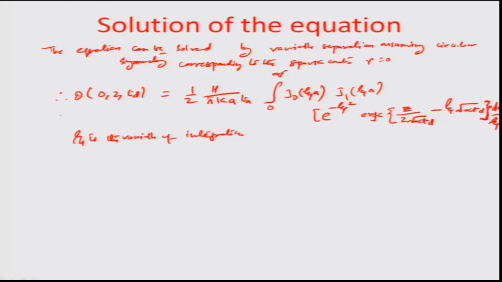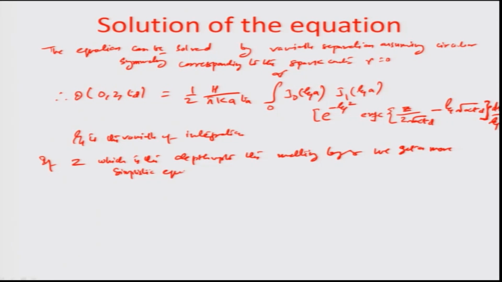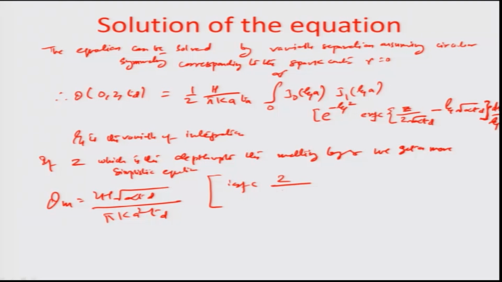And out of the solution, if we wanted to find out z, which is the depth up to the melting layer, we get a more simplistic equation. Theta m equals twice h root of alpha Td by pi k square Td times the error function of the third kind z by twice root of alpha Td minus error function of the third kind root of z square plus a square by twice root of alpha Td,